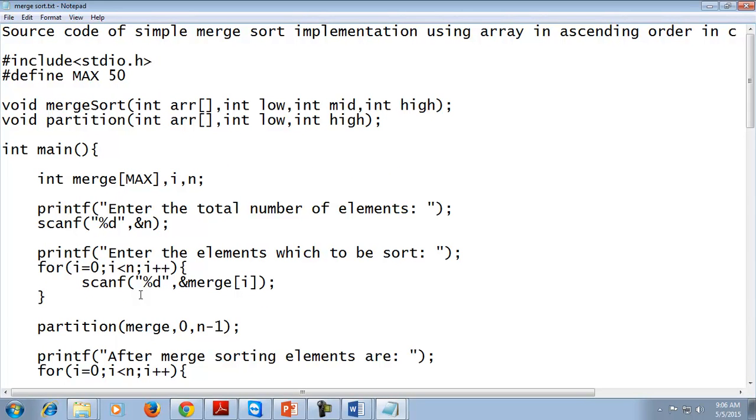First, to divide the list into different sections, and second is to merge the list, to remerge the list in the sorted order, or to find the sorted array. This is the process of merge sort.